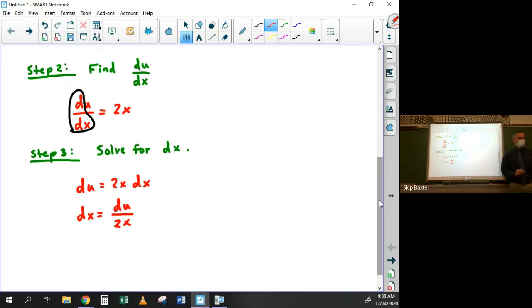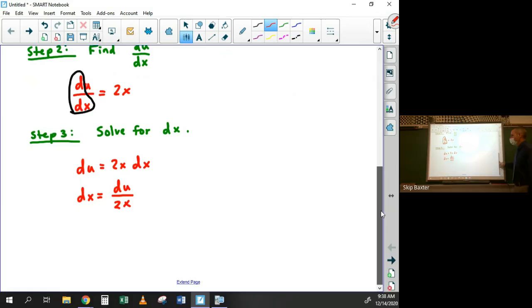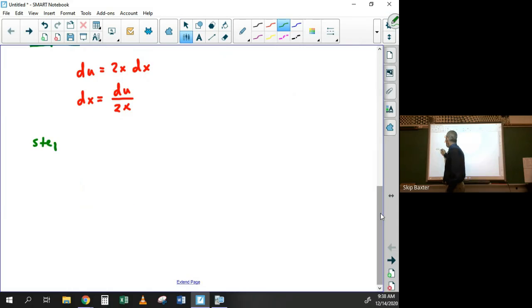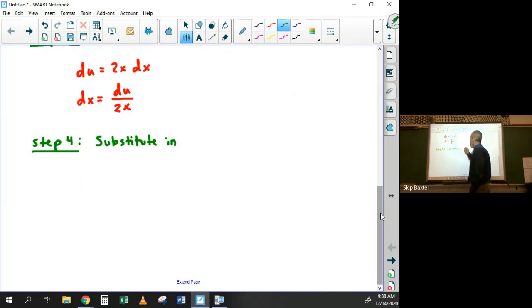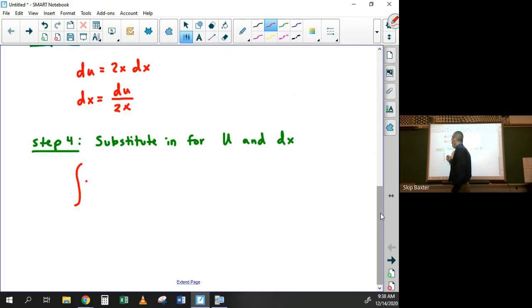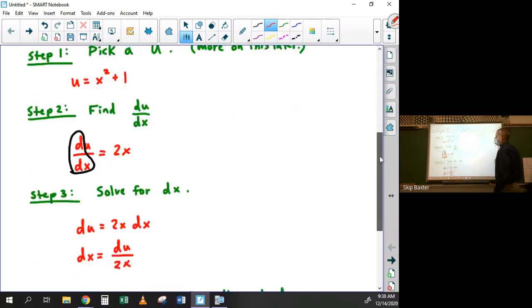Everybody okay with that? Again, that's a little bit weird, but you'll see everything will kind of work out in the end. Okay, step 4 is to substitute in for u and dx. So if you look at our original problem, it was the integral of 2x times (x squared plus 1) to the 23rd